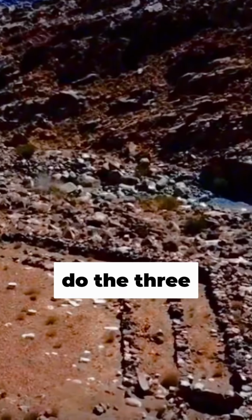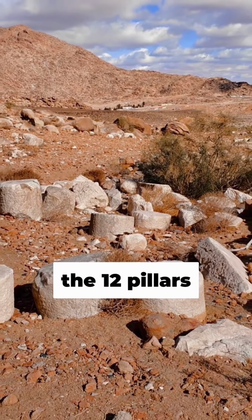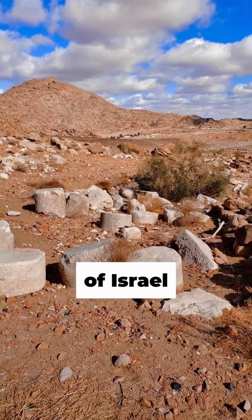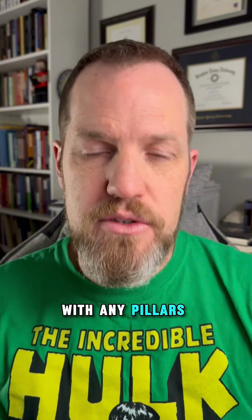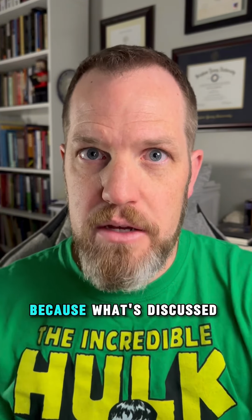So not only do the 3 layers of uncut stone remain, but also the 12 pillars of marble that were next to the altar that represented the 12 tribes of Israel. So those are fragments of architectural pillars that also date to the Nabatean period, and they have absolutely nothing whatsoever to do with any pillars or standing stones or matzavot that are discussed in the Bible, because what's discussed in